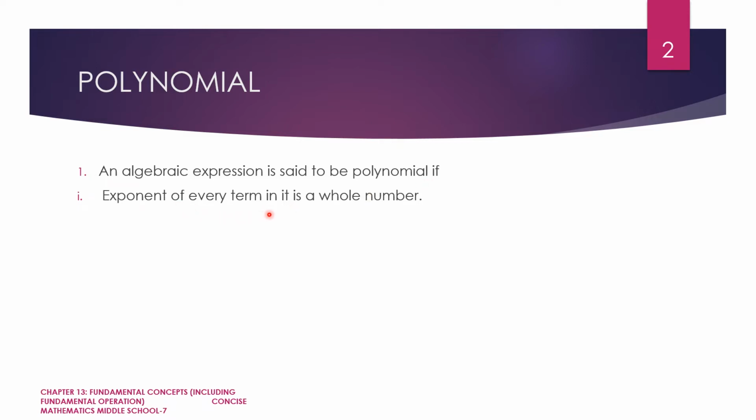Exponent of every term in it is a whole number. The exponent, the power of a term, should be a whole number. Okay, it's very easy. So let's consider the example. For this term x, it should have an exponent that is a whole number. The power should be a whole number. Okay. Next,